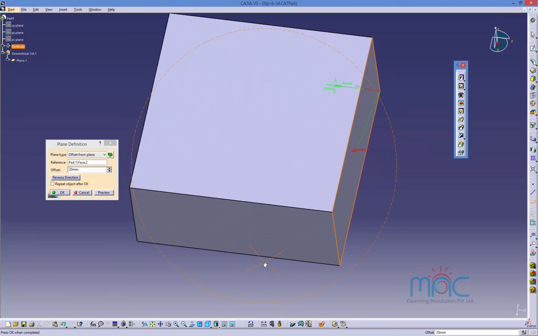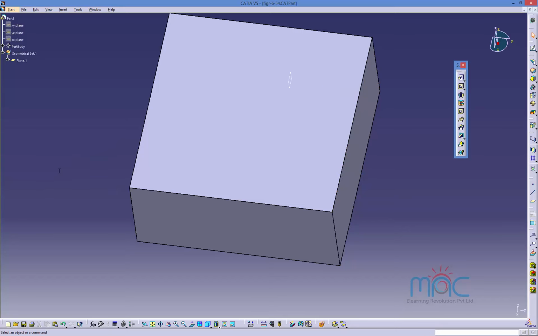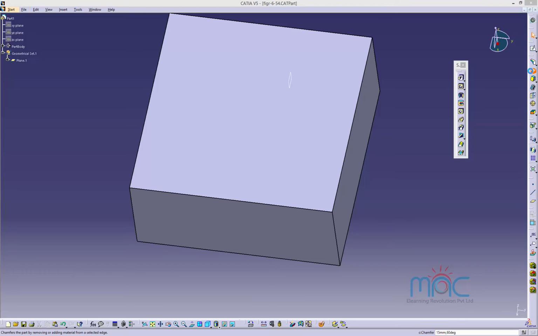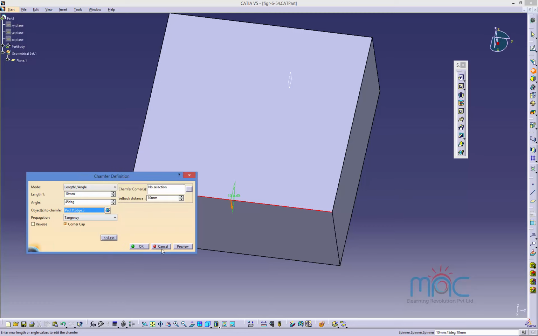It could be somewhere inside 40. So go to the chamfer, select the edge. I'll be okay with 10, and a 45 angle will be okay for me. I'll go to the more,